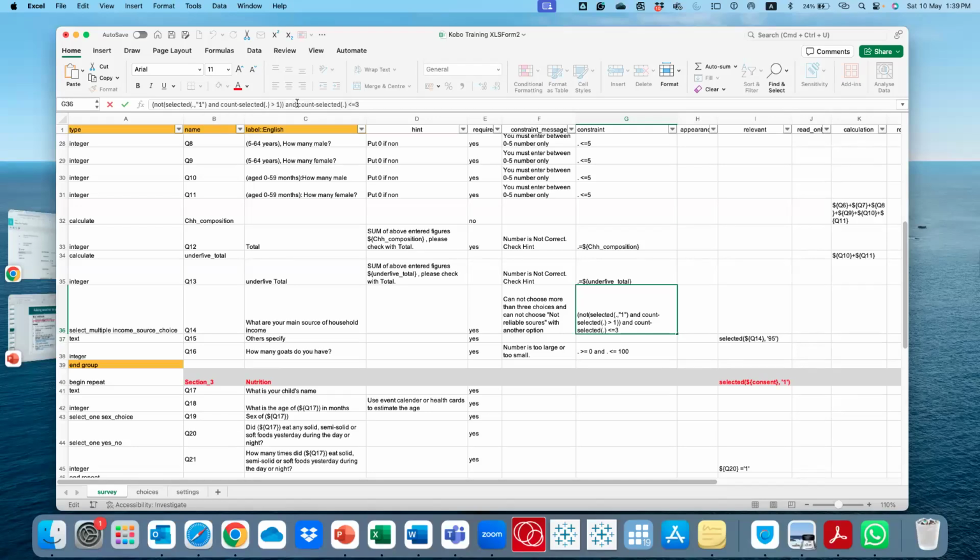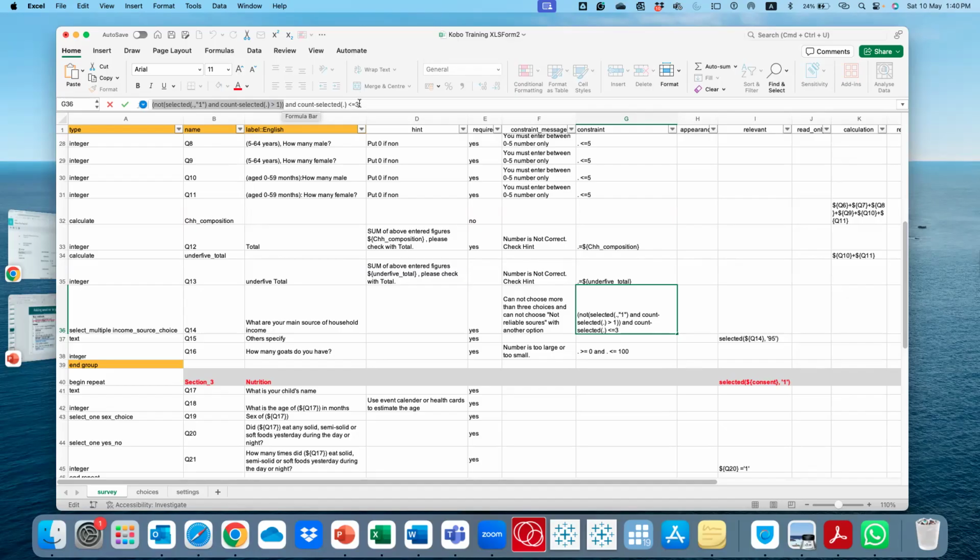And for the total number of selections, we saw this last time: if you want to count your selected options, you restrict it to 3, so the total number of your selections should not exceed 3. So these are two constraints in one: first, you cannot select number 1, which is the no reliable income source, when you are selecting more than one option, with another option.